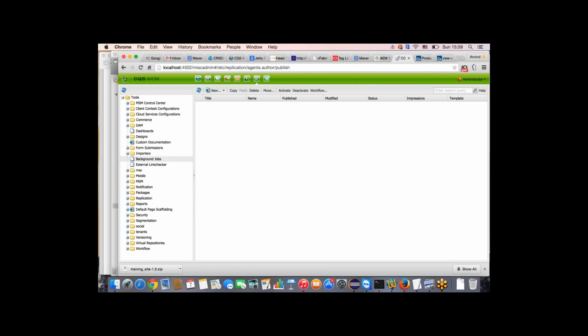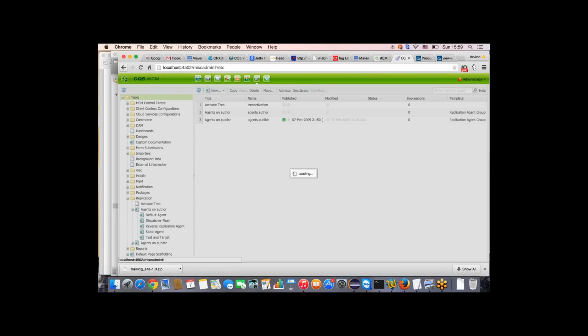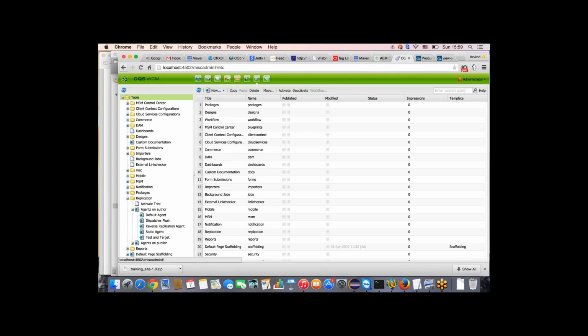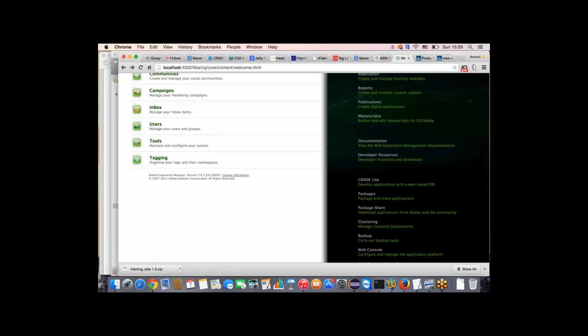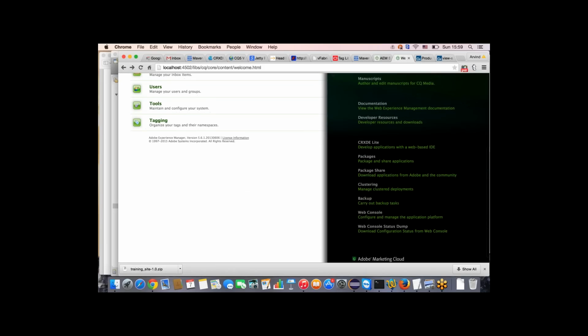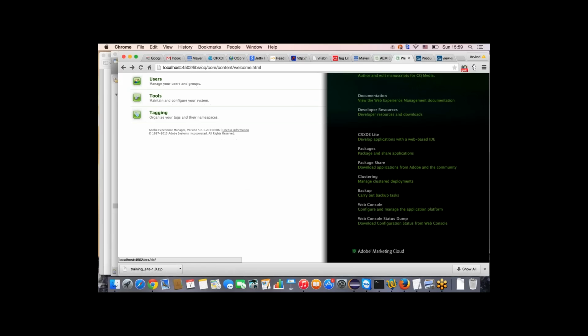We will be revisiting these tools when we want to create various designers. But right now I'm just introducing you to the various interfaces, and we will be using these interfaces a lot. The main thing that is there is CRX-DE Lite. This is a developer-based interface. Before we go to that, as I told you, everything is